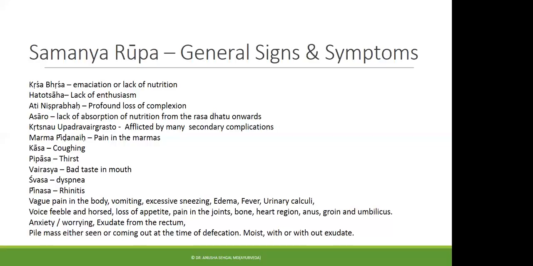There may also be an exudate from the rectum, and that just indicates that when the pile mass is forming, there will be some amount of fluid that starts to come out from the rectum. The pile mass is either seen or it's coming out at the time of defecation. It's usually moist. It can be with, or even in certain cases without, an exudate. These are some of the general signs and symptoms of Arśas. Okay,